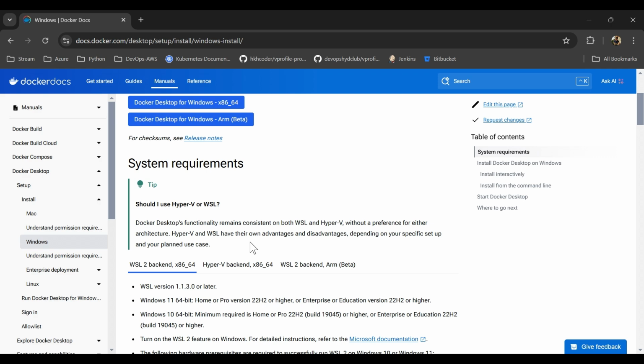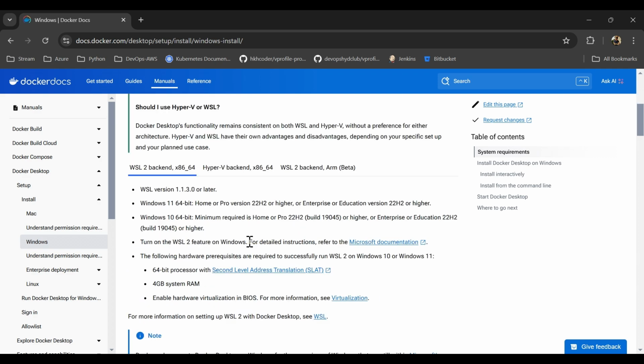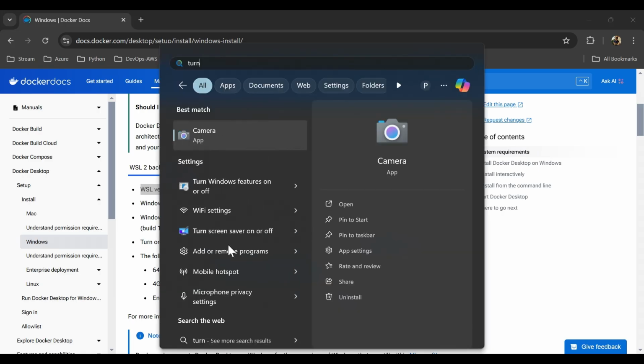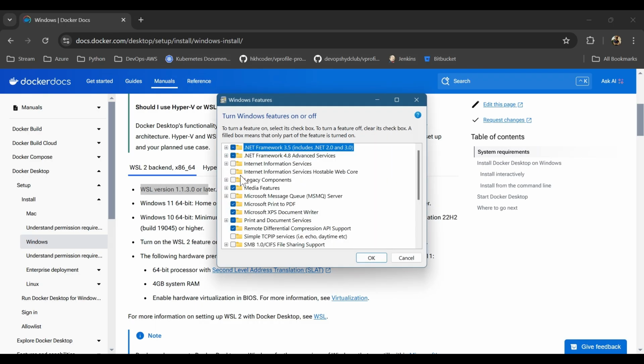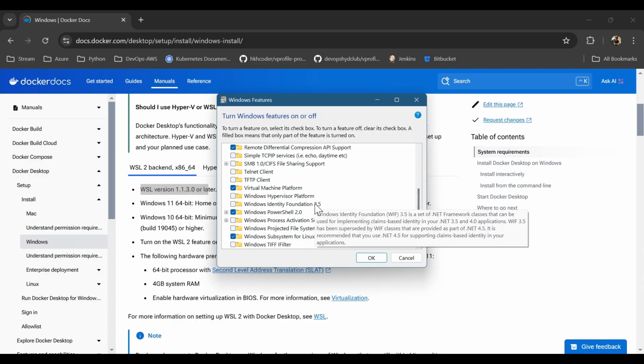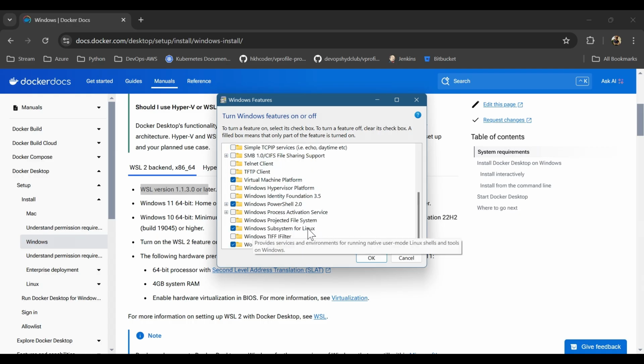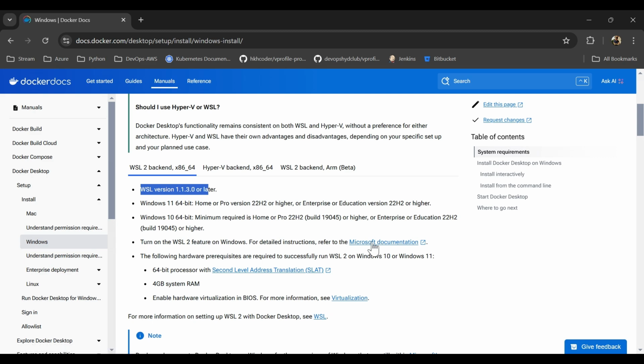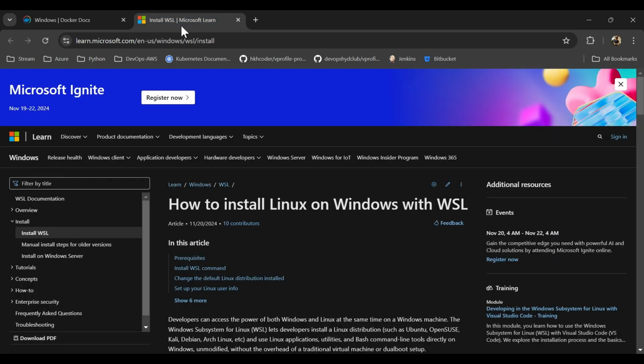Now, before installing Docker, there are some prerequisites that you need to take care of. We'll be following this route wherein we need WSL. To install WSL2 or enable this feature, if it is not enabled, you can search for it here. Turn on Windows features, go here, and then check Windows Subsystem for Linux. I've already enabled it. You can enable it and then click on OK. It will install it. And to install, you can directly go to this documentation